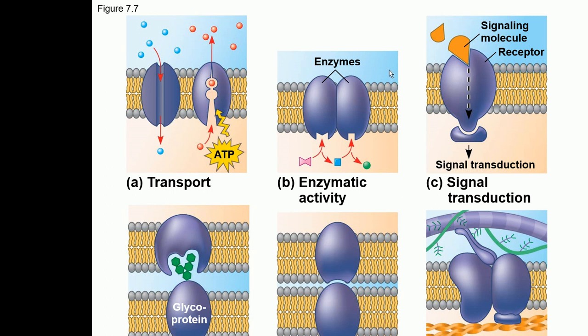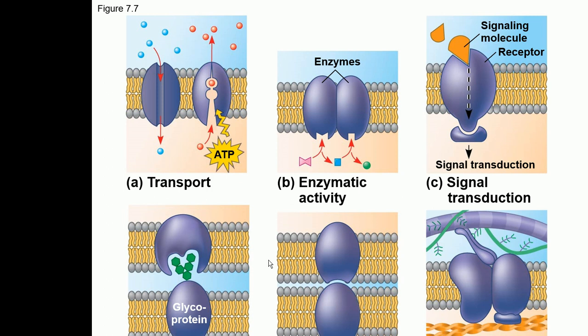These are some of the proteins which act as receptors, that they receive the signals from the environment, and then they activate other proteins inside the cell, and these proteins are all involved in the process called signal transduction. Cell-to-cell recognition, these proteins which are embedded in the plasma membrane also help in cell-to-cell recognition. So the two different cells can recognize each other through these proteins.